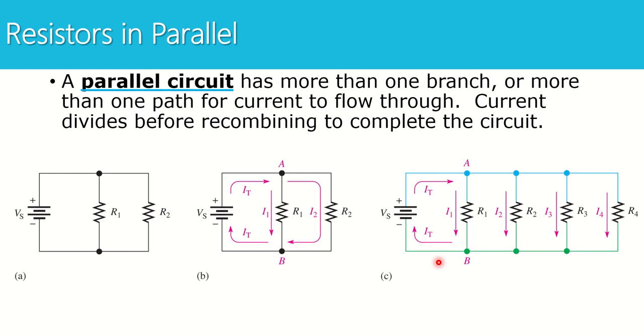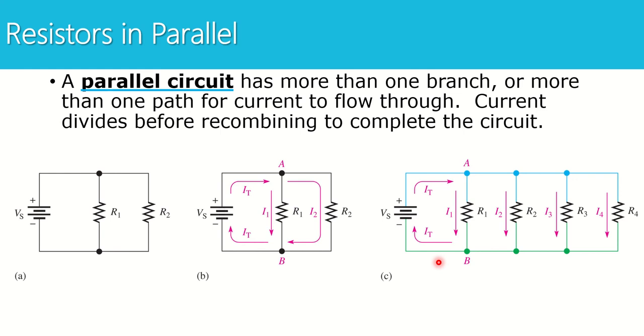Now let's talk about resistors in parallel. A parallel circuit has more than one branch or more than one path for current to flow through. Current will divide, go along one or more paths, and then recombine to complete the circuit. So once again, we are not going to depend on how a circuit looks to decide if it's in series or in parallel. We're only going to decide whether 2 or more items are in parallel based on current flow